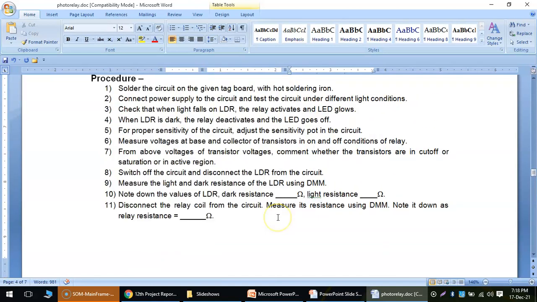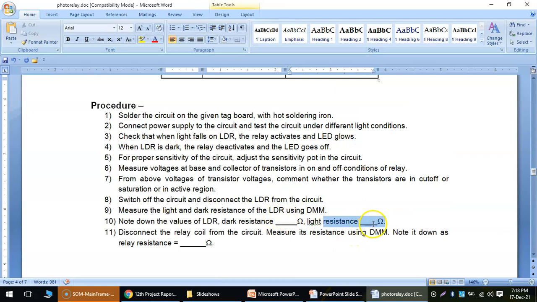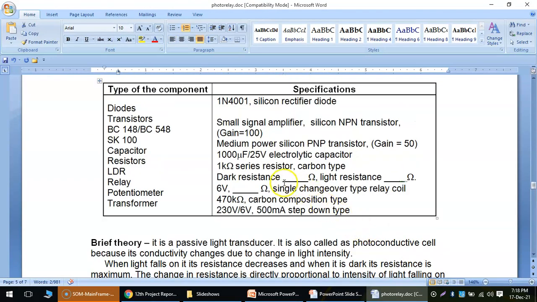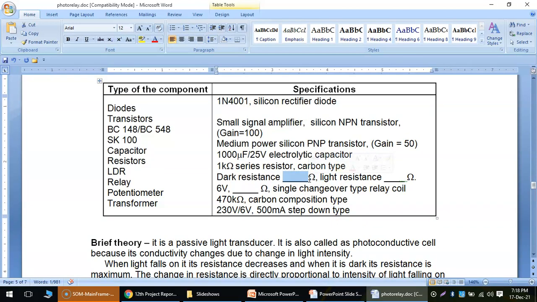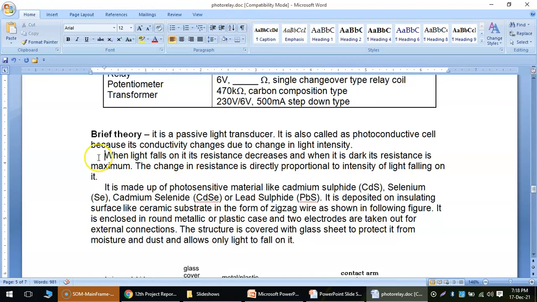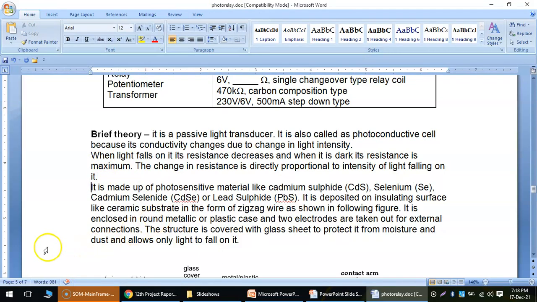Then write down the specifications according to the procedure, and here there are also some specifications you have to include, the dark resistance and the light resistance of the LDR, because you will actually have to construct that circuit. We also provide construction help for these types of projects.